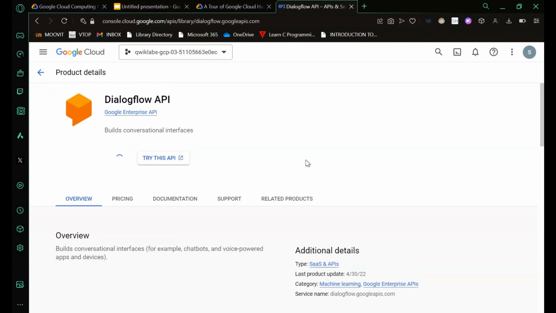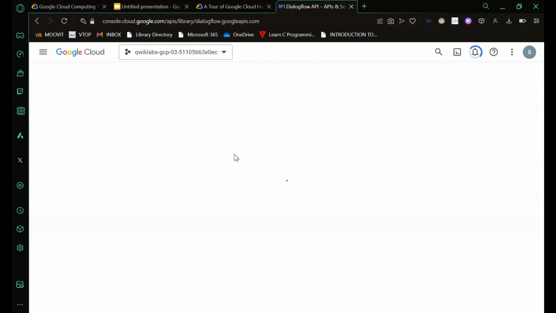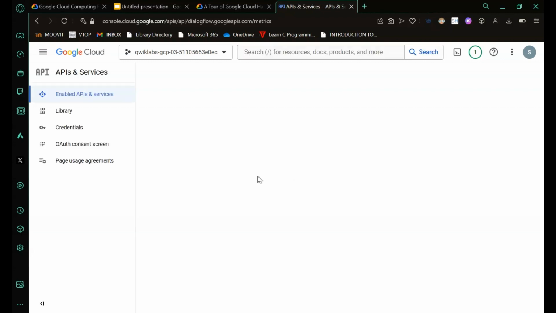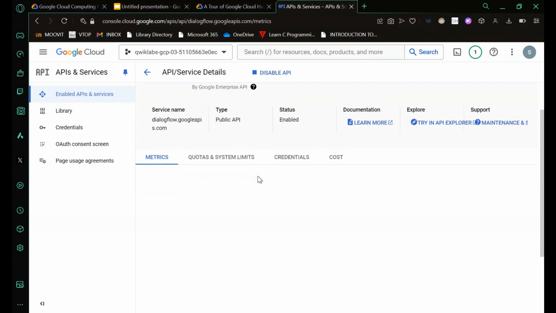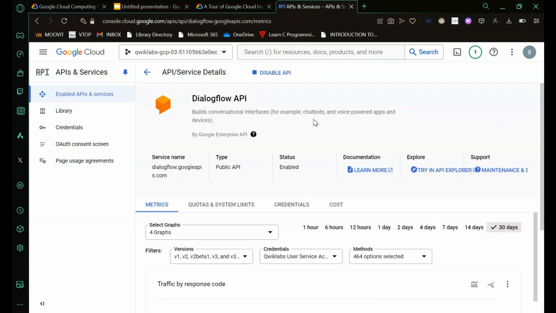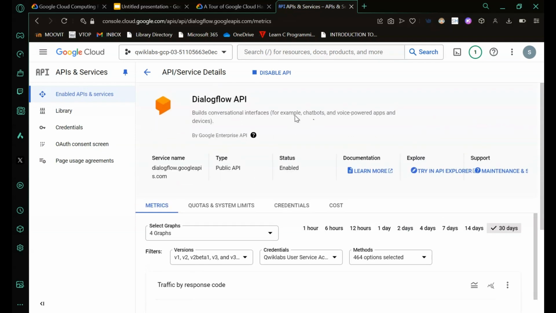It might take a few minutes or seconds, so you can wait for it. It will show up here when it's enabled. Yes, as you can see, the API is enabled.